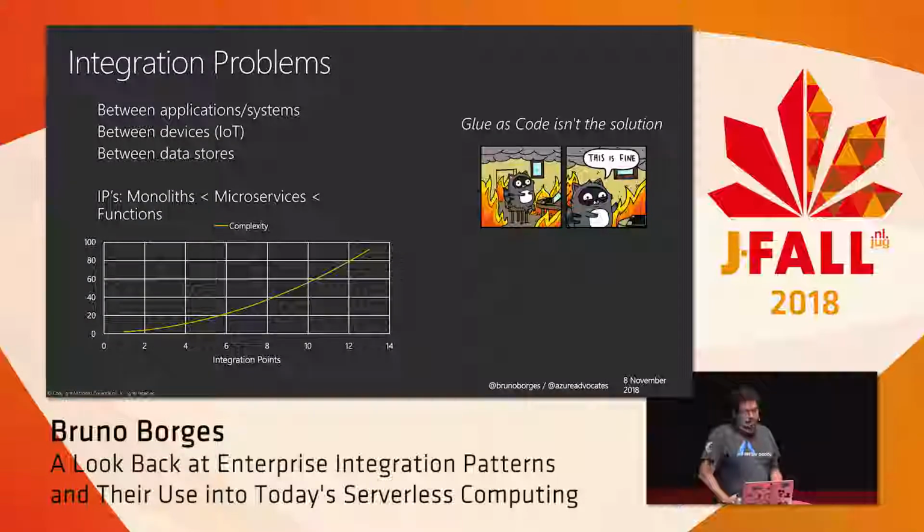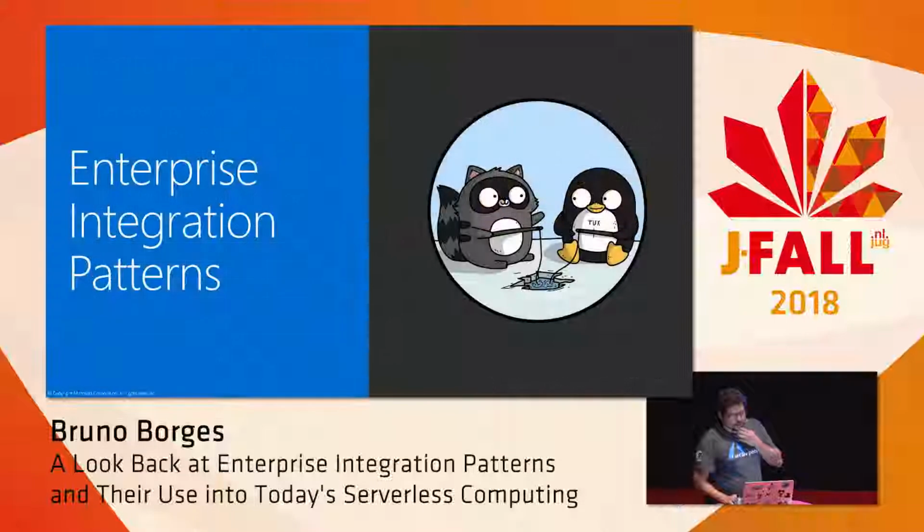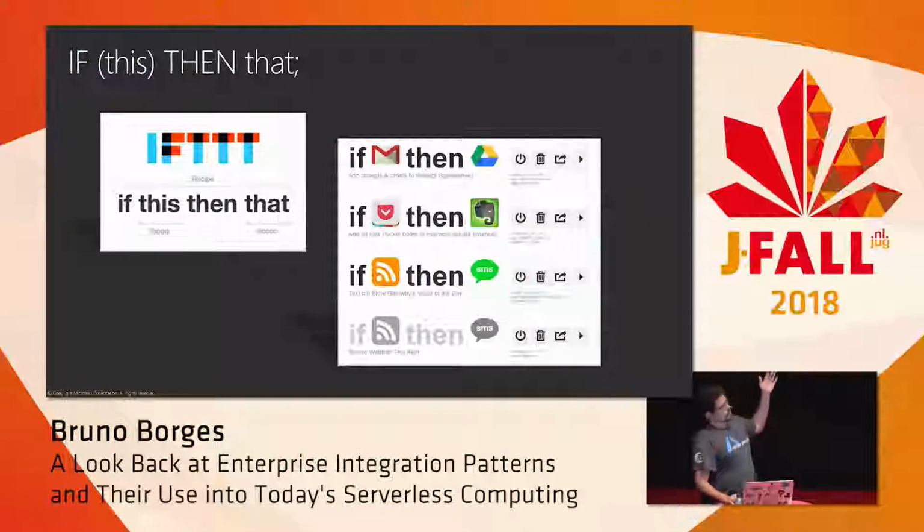And it's very problematic when you have a function that actually has the URL of the other function that needs to be called. You need, at the end of the day, an orchestration. And that orchestration will actually know to call this function, then that function, then that function. And Camel is actually great for that, and many other frameworks. So when you go into enterprise integration patterns, we start thinking about solutions like IFTTT, if this then that, which is, yeah, I call it personal integration problems. Like here's an email with attachments, just save all those attachments to my Dropbox folder, and if this then that can do that.